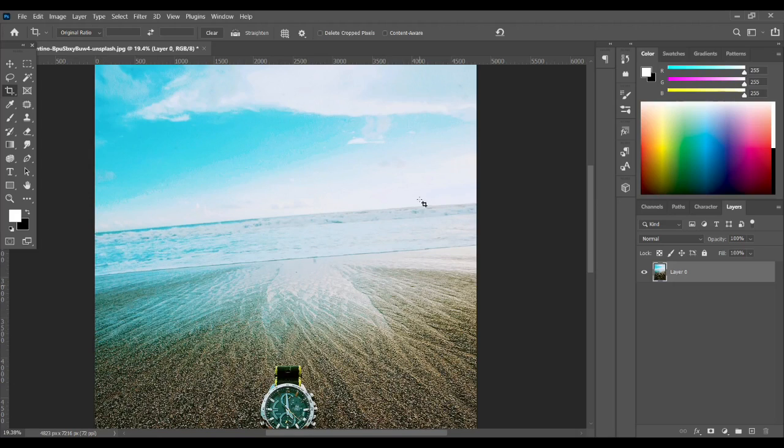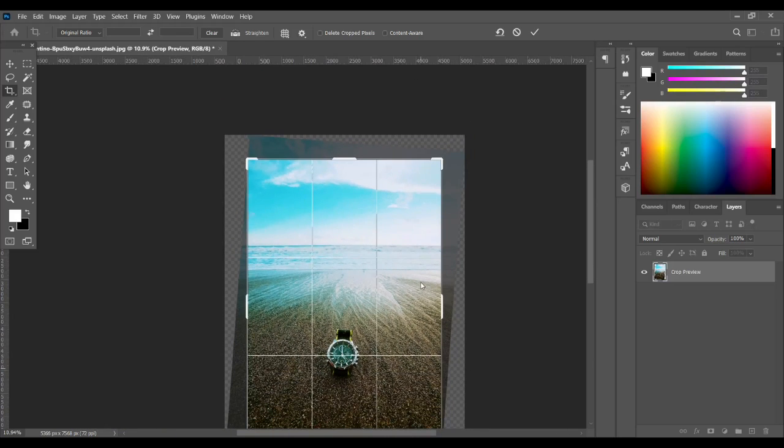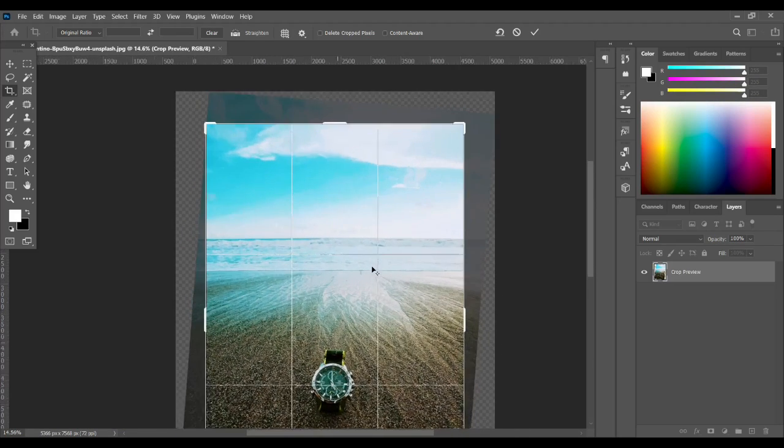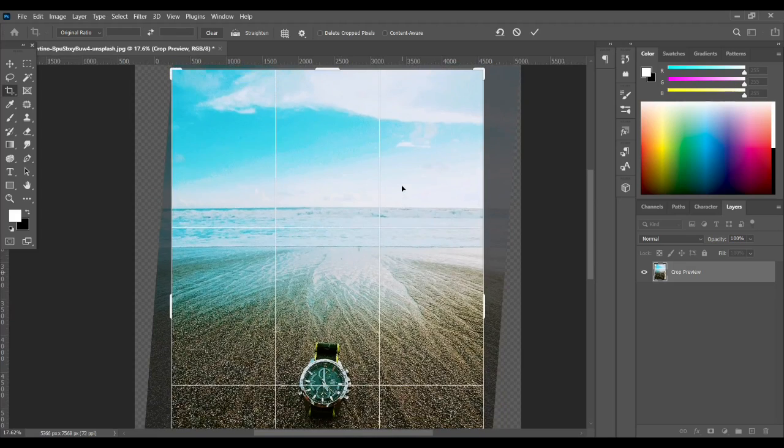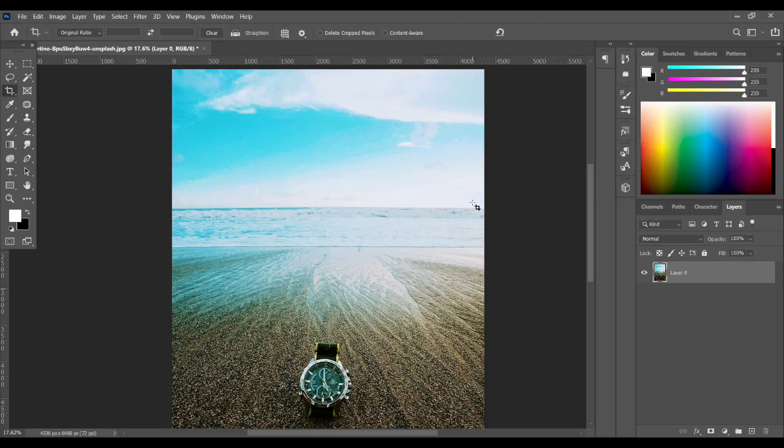It is not straight, so we want to straighten it. Select the straighten option and just drag over the horizon, and it really does a fantastic job and straightens your image. Click OK to discard the other parts.